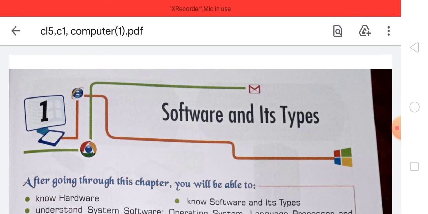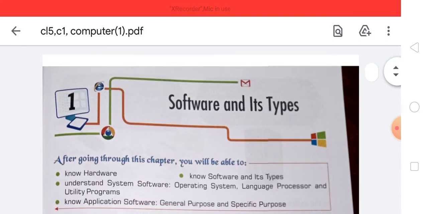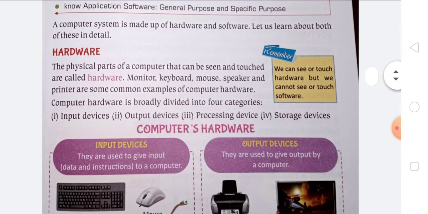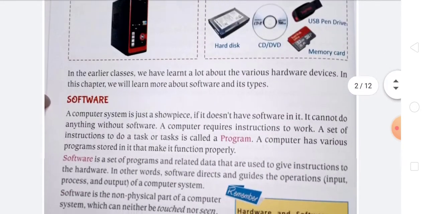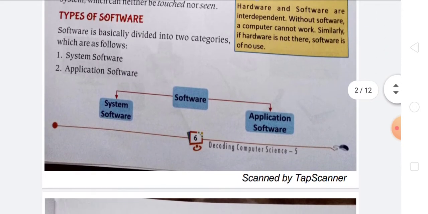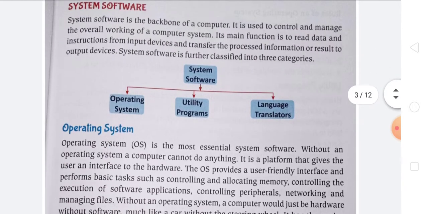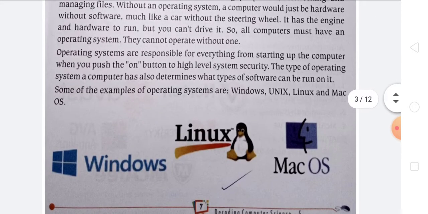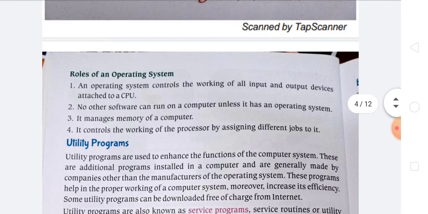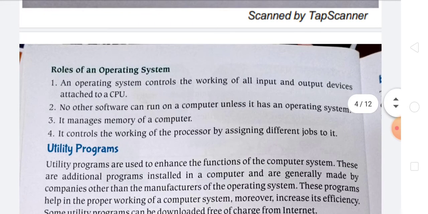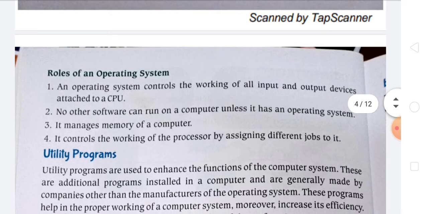You already know your school sir teaches you what is hardware, what is software, what are the types of software, and what is system software and operating system. So today we are going to see what the roles of an operating system are.